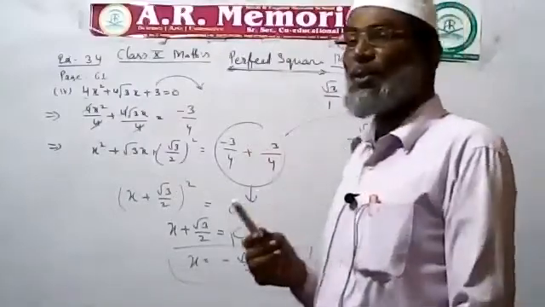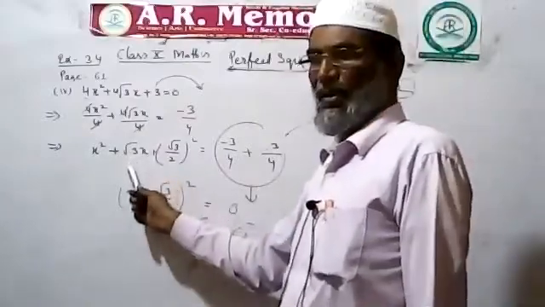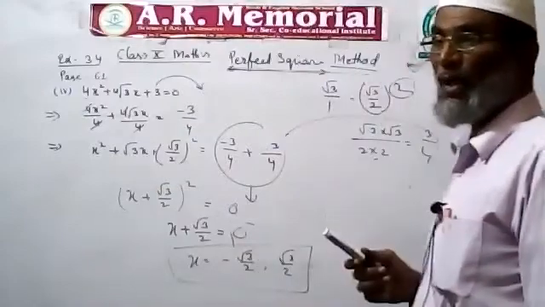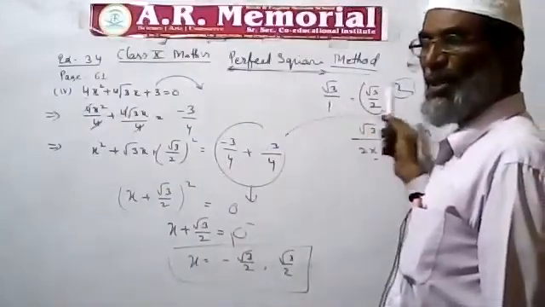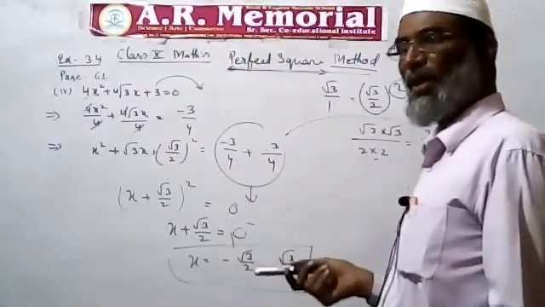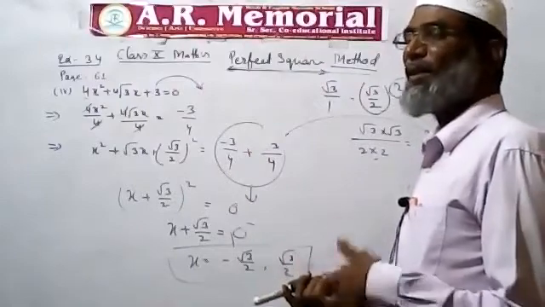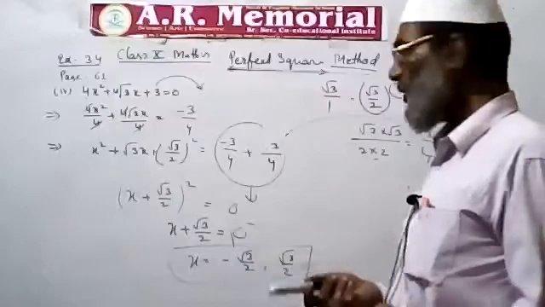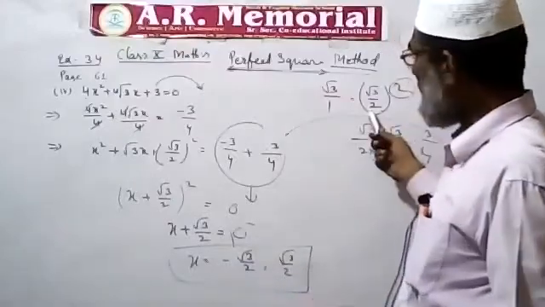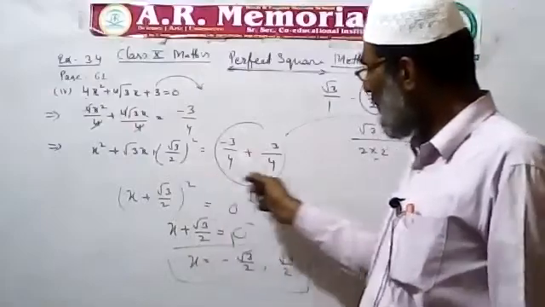Sir, how can we guess or get the new term? It is simple: half of b, half of root 3. How can we get half of root 3? Root 3 upon 1; if the denominator is just doubled, we consider this half, which is automatically half. Anything divided by 4 is always half of anything divided by 2. It is so simple. So here it is half, adding on this side and adding on this side. Sir, this one and this one are not the same.